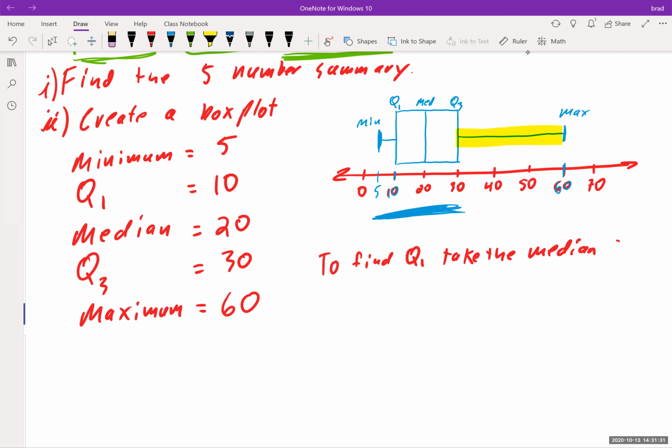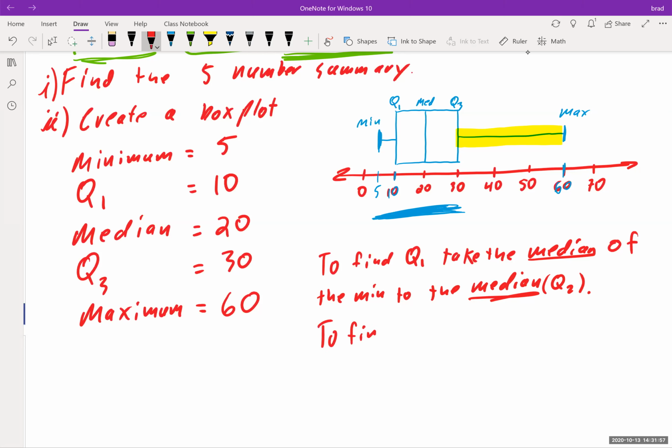Geez, I can't write today. Median of the min to the median. So you have to take the median of the min and the median, Q2. Maybe that's a bad way to explain it. If you guys need help on this, show up to class and ask me. To find Q3, maybe I should say find the median